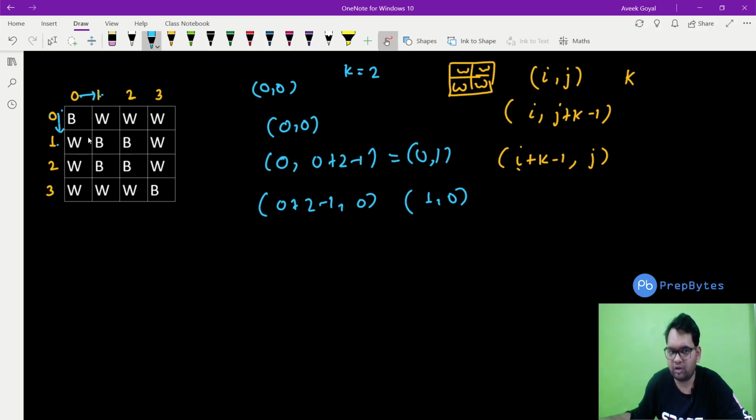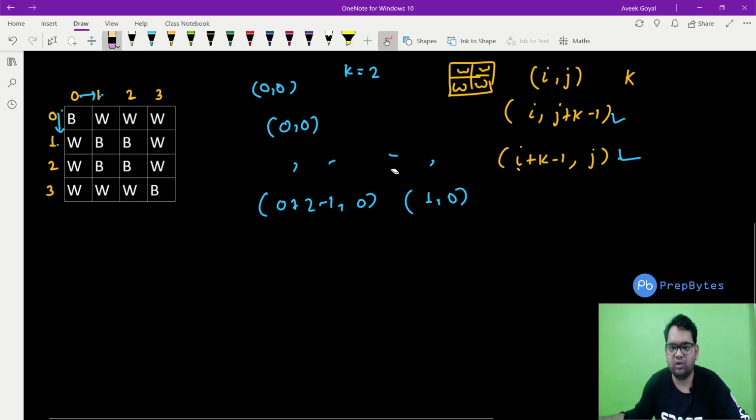We do not touch 2. So from this we can know till where we are going. In rows we are going till here, and in columns we are going till here. Using these two we can find out up to which point we will go, how many columns we will traverse and how many rows we will traverse, and that will be present inside my matrix.